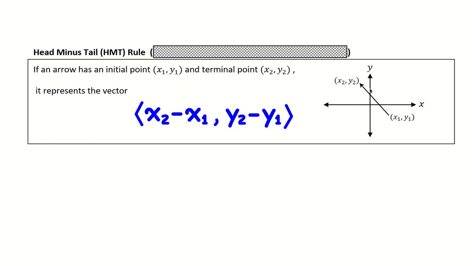So if you have some random vector that starts at some random spot and ends at some other spot, that's not the origin, you can almost rewrite it in terms of the same vector, but it would start at the origin. So if you took this vector and literally just moved it so that the starting point was the origin, then how can you